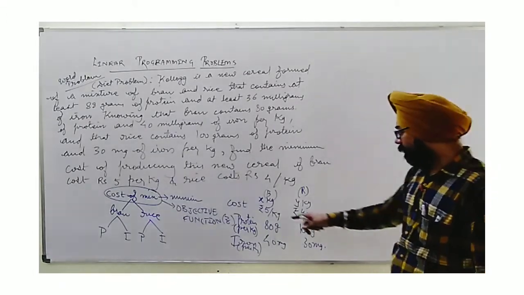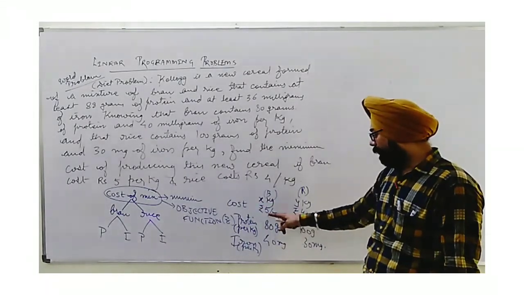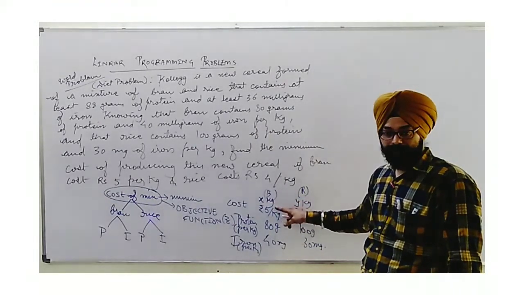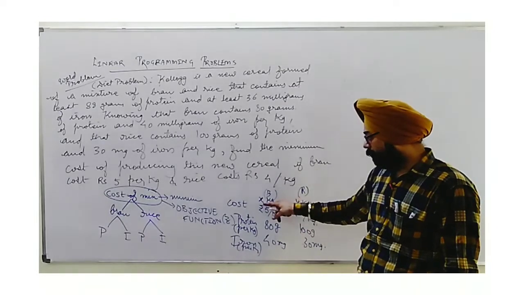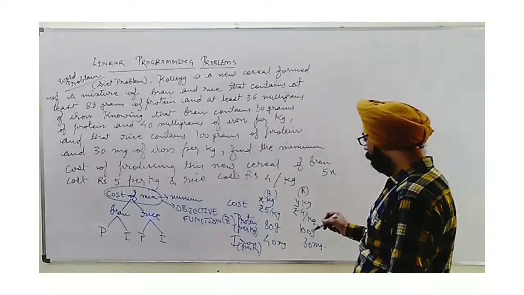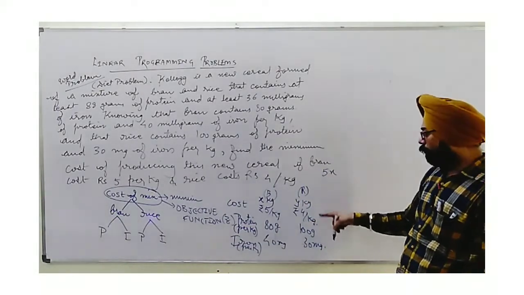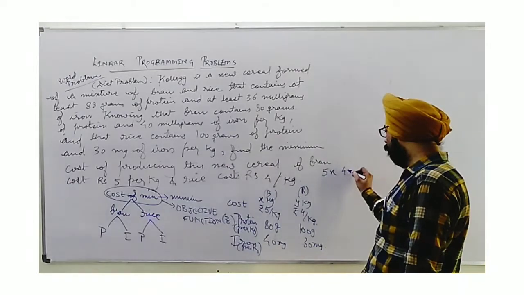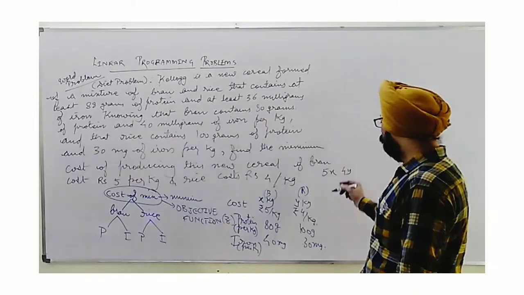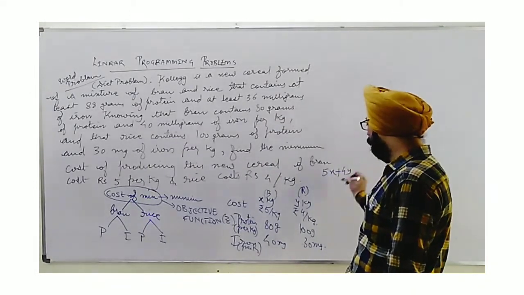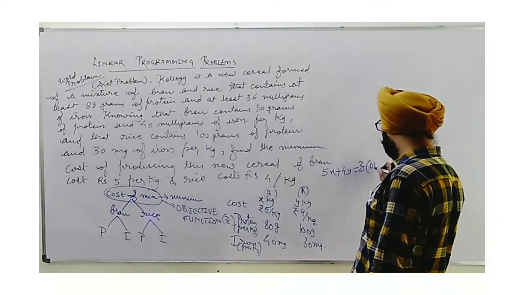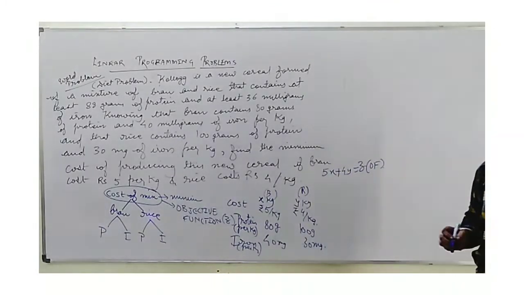As I see, the cost is given rupees 5 per kg of bran. We have taken x kilogram of bran. So obviously for x kilogram the cost will be 5x. Cost becomes 5x for bran. Rice is rupees 4 per kg. So the total cost of rice will become 4y. We need to minimize the cost, which I said is the objective function. So we will write here 5x plus 4y, which will be the total cost z. So this is the objective function for us. Okay, z equal to 5x plus 4y.